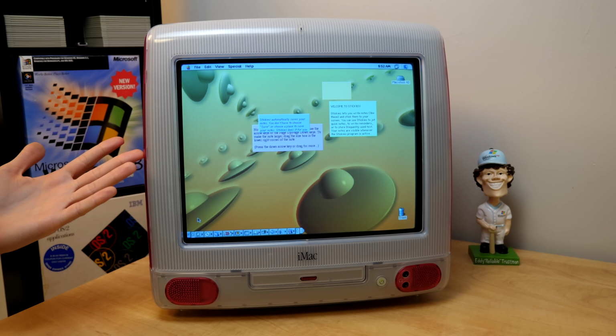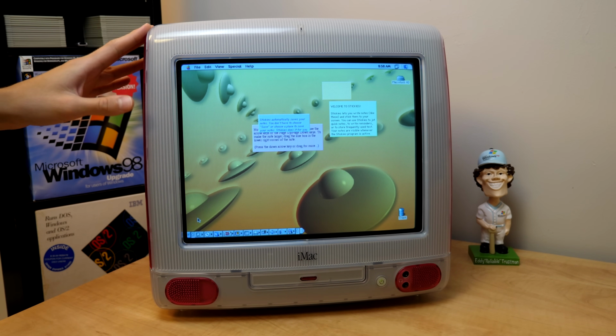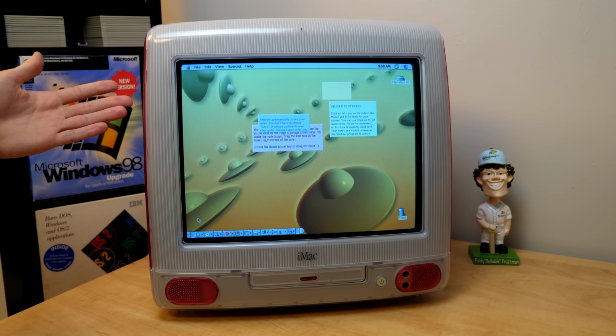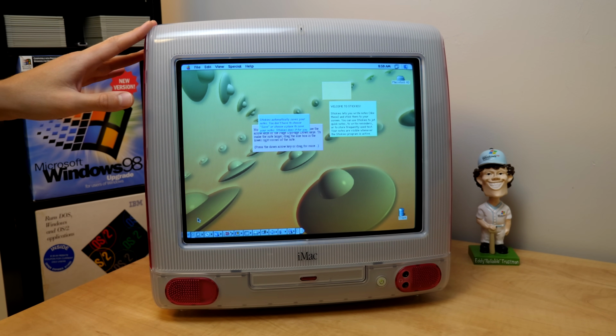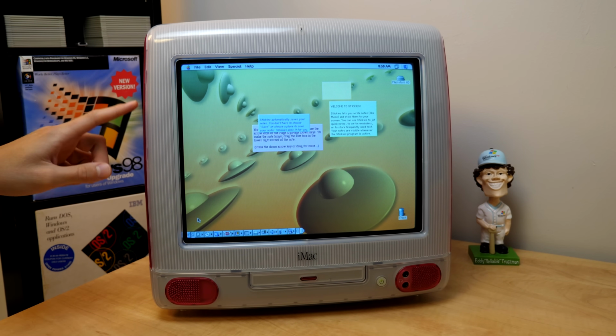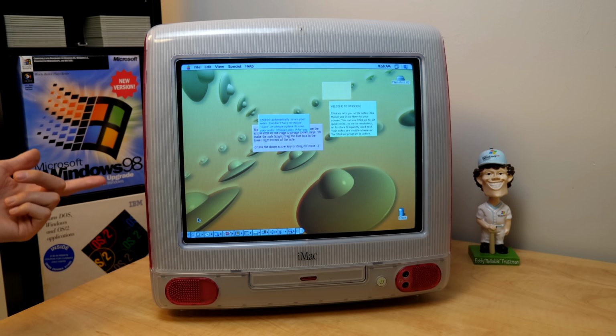If you had this thing set up in your business, you would want to have it running a custom piece of software with large buttons and other UI elements that is designed to be used with a touchscreen. Now, unfortunately, we don't have any custom software like that on this computer, which kind of sucks because I thought it'd be really cool to try and figure out exactly what this machine was used for in its previous life. And I say that because even though this is a prototype, it actually saw use outside of Elo's development